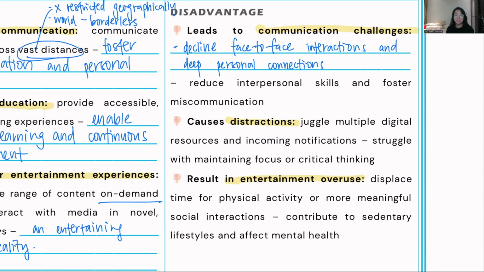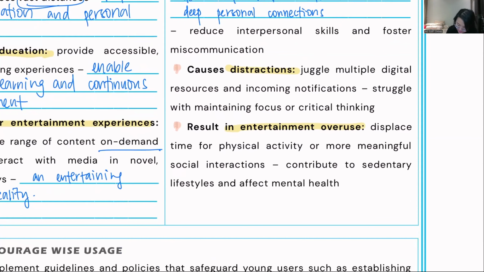Okay, now result in entertainment overuse. There is a displacement of time for physical activity or more meaningful social interactions, contribute to sedentary lifestyle and affect mental health. Now, a lot of you sometimes, when tired from studying, what do you do? You scroll your phone. But do you feel that after scrolling for one or two hours, you are still tired? If not, even more tired. Why? Human rest or stimulant is divided into groups: mental, physical, creative. So a lot of times when you are mentally very tired, you should do a physical activity, maybe jog or take a walk, or